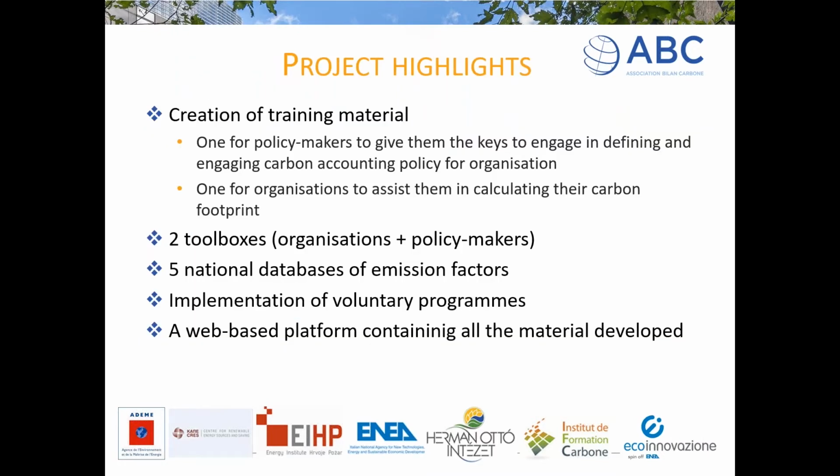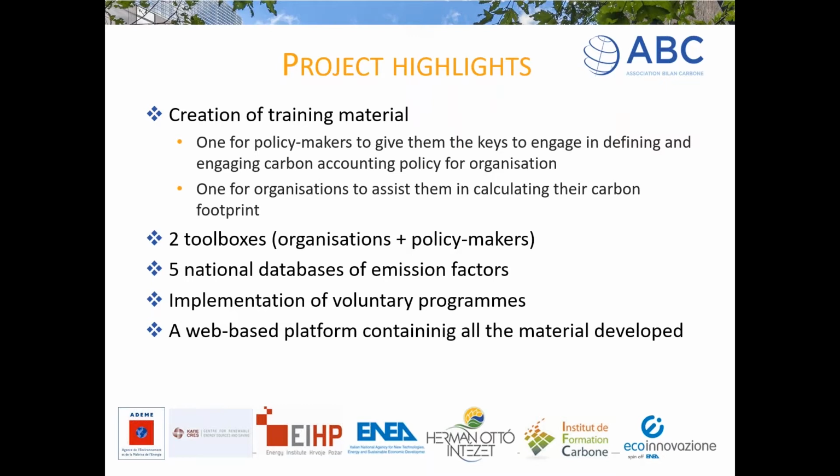So for the project highlights, there are many materials and tools developed during the Clim'Foot project. The first step was the creation of training material. First of all, the policymakers, represented by each member of the partner organizations, followed a first training to give them the keys to engage in defining and implementing carbon accounting policy for organizations. And the second kind of training was the